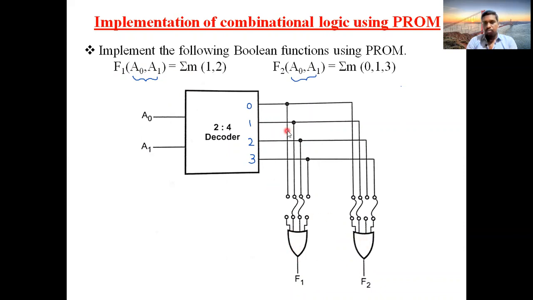Now what is the concept remaining? Linking of the output variables. See here, F1 is representing only 1, 2 pins. So among these 4, 1 means this line. This line is to be linked with a fuse. Already I said that the decoder output lines and the OR gate are to be linked with the fuse. So this is the symbol of the fuse. Okay, these are called your fuses. You should link these output values towards the OR gate with the help of fuses.